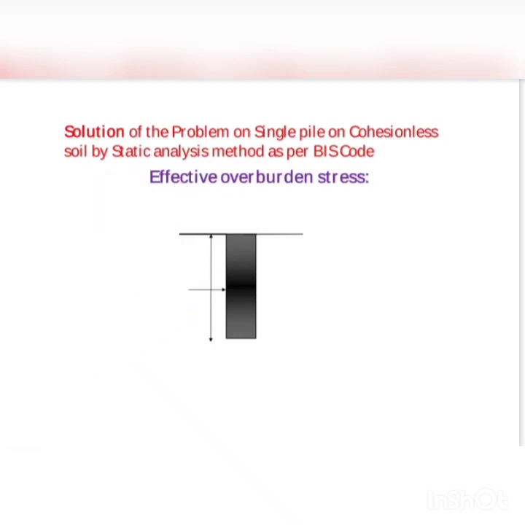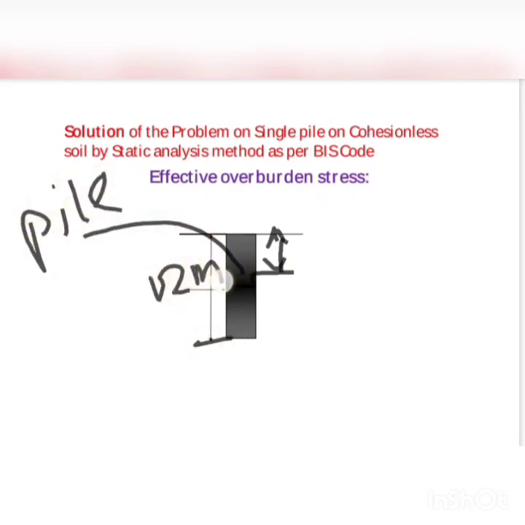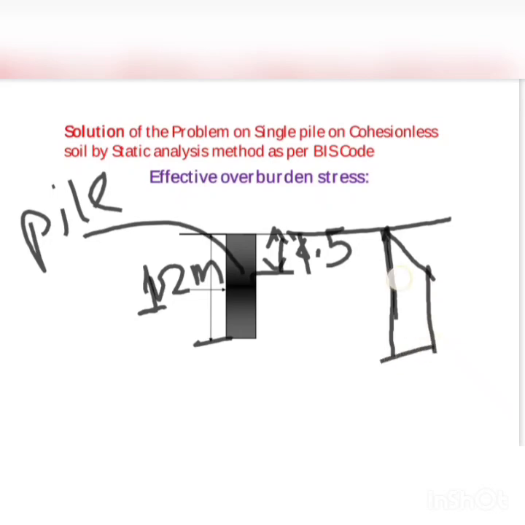Okay. So you see, up to a depth of 4.5 meter, for instance, this is the pile, and this is the total length, this is 12 meter. Now till 4.5 meter, the effective stress, that is, if I draw an effective stress diagram, till 4.5, whatever value it has, it will remain same at the pile tip, if this is the value at pile tip. So how much is this value?